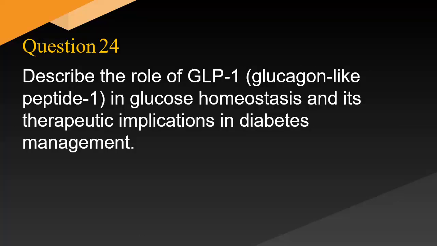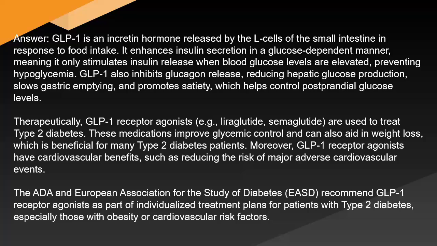Describe the role of GLP-1, glucagon-like peptide, in glucose homeostasis and its therapeutic implications in diabetes management. Answer: GLP-1 is an incretin hormone released by the L cells of the small intestine in response to food intake. It enhances insulin secretion in a glucose-dependent manner, meaning it only stimulates insulin release when blood glucose levels are elevated, preventing hypoglycemia. GLP-1 also inhibits glucagon release, reducing hepatic glucose production, slows gastric emptying, and promotes satiety, which helps control